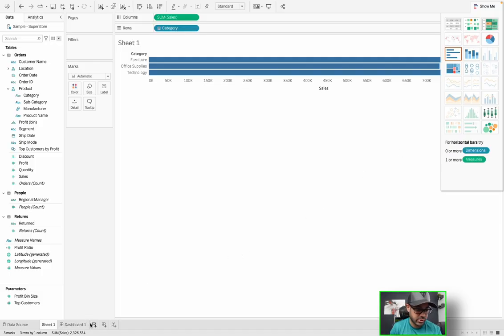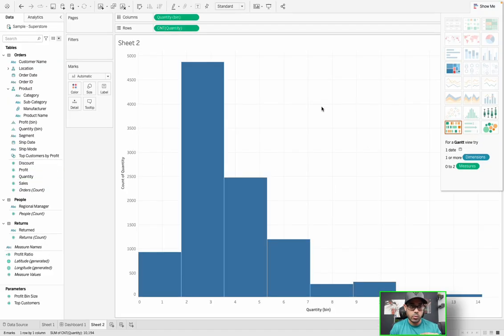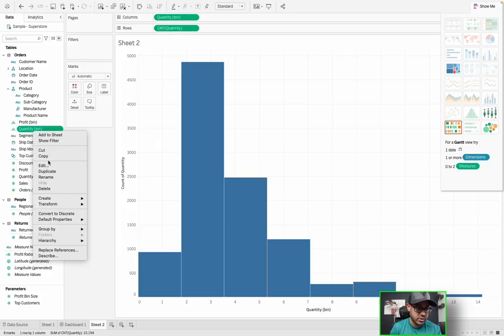So what I'm going to do, I'm going to create a new sheet. I'm just going to click on quantity, for example, and now I can just click histogram. It'll generate a histogram. Right away, what do you see up here? It says quantity bin. What did it do? I passed quantity as something that I wanted to generate a histogram for. It automatically, you'll see here on the left, created a bin field for quantity, which of course I can